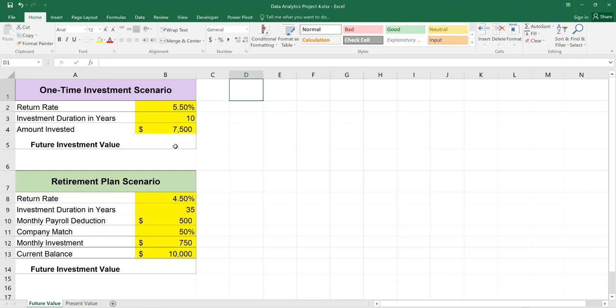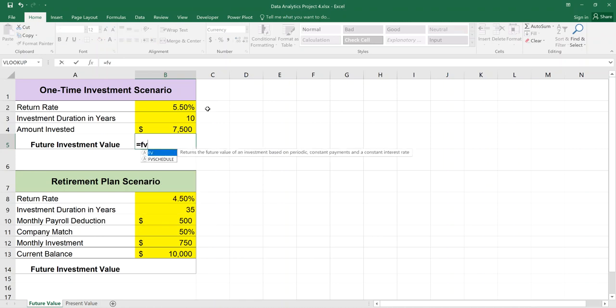Going to begin by clicking cell B5, and we're going to use the future value function to evaluate a one-time investment. We're going to invest, in this scenario, $7,500 over 10 years, and our expected rate of return is 5.5%. So I'm going to start by typing the equal sign. The function name is just FV. Open the parentheses, and you will see in the tip box the arguments that need to be defined for the